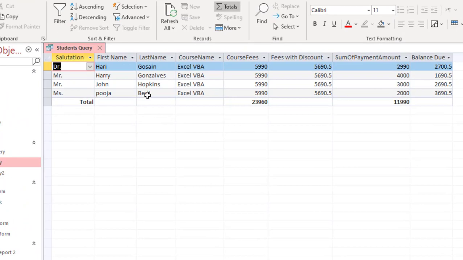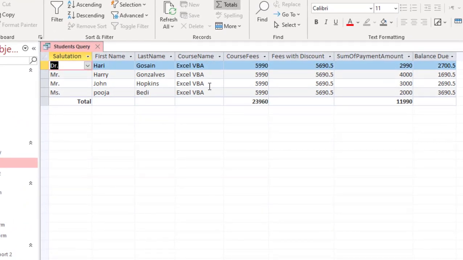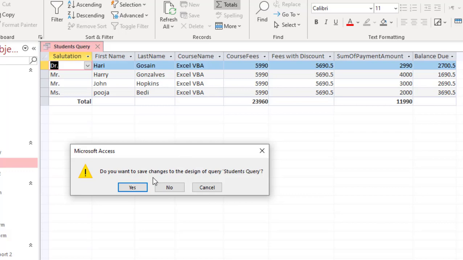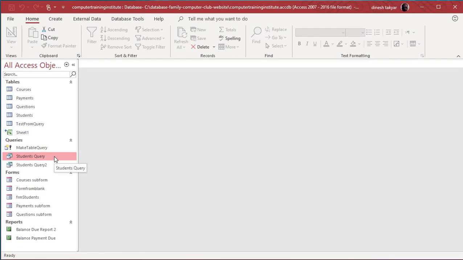and you see now only the students who took up Excel VBA, their course fees is mentioned here, and this is fees with discount. This is the sum of payments that the student has already made, and subtract that from the fees with discount. This is the total due. Okay, we can close this now. It says, do you want to save changes? We'll say yes. We can go back to our query,